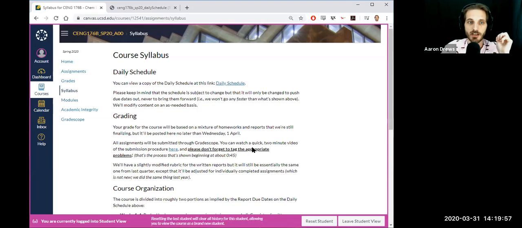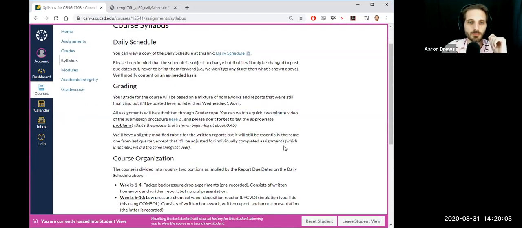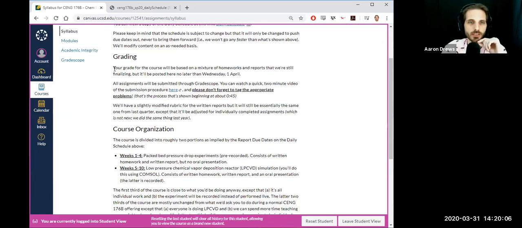Speaking of projects, if we skip back to the course syllabus and talk about, let's see, the grading. Oh yeah, grading for the course. It's going to be a mixture of your homeworks and reports. Dr. O and I are still working on what we're going to do for assigning portions of the grade to different assignments. But we will get that fixed up no later than tomorrow. So it's not like you're going to go halfway through the course and not know that. We're going to figure it out by tomorrow.